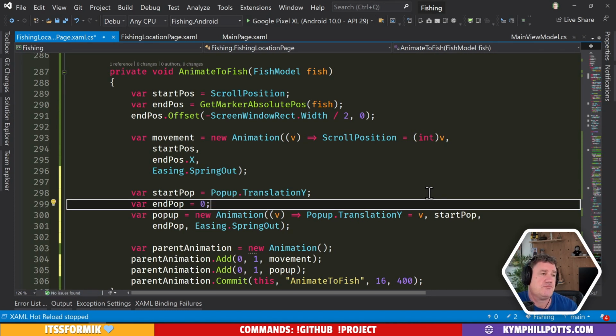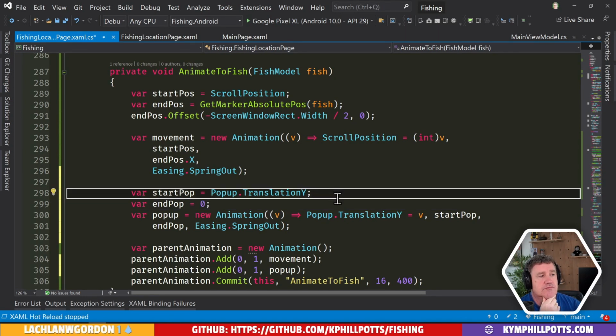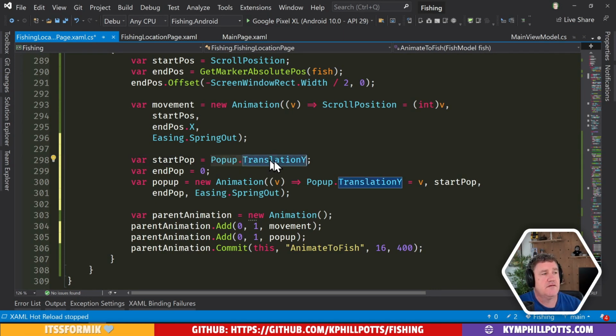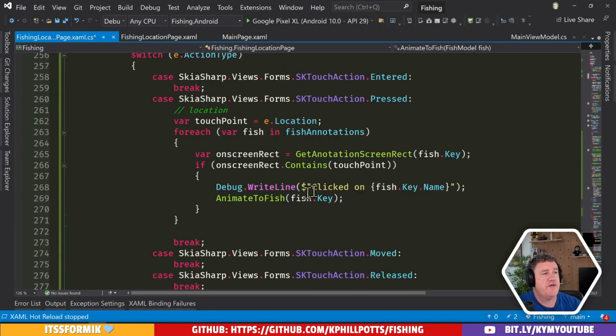Because this is basically saying I want it to pop up and I want the translation Y to be 0. Okay, and that should probably work. But we also need to do something where, when we miss a fish,